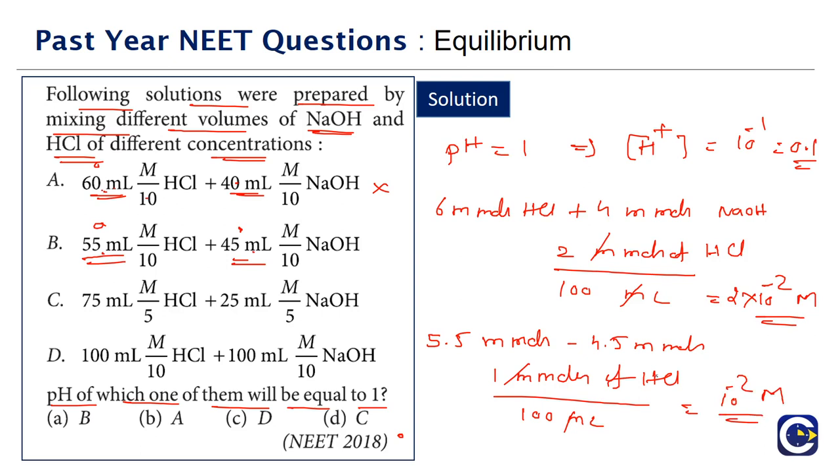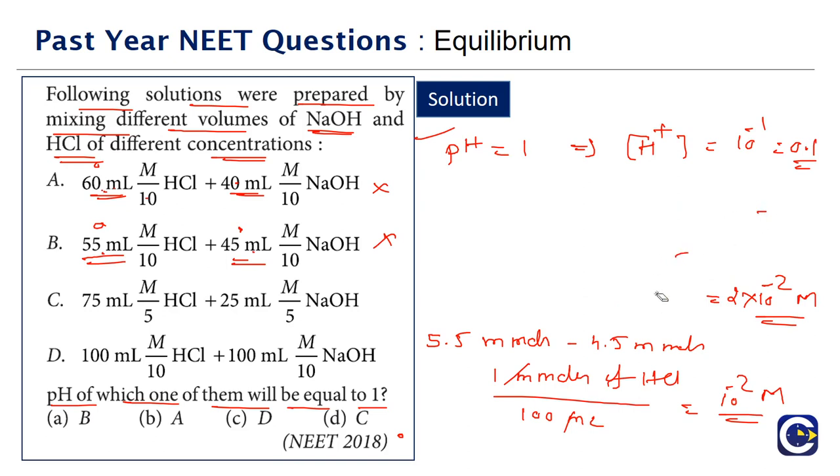So here also this is not equal. So we are looking for what? The concentration of H plus to be equal to 10 to the power of minus 1. Now for the lack of space, we will have to rub these two calculations. So we are done with both option A as well as option B verification.